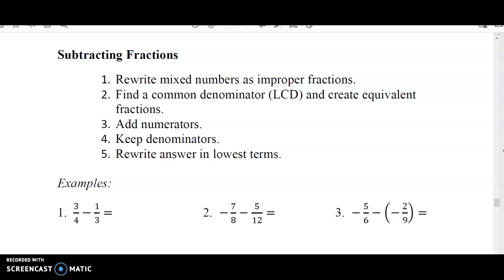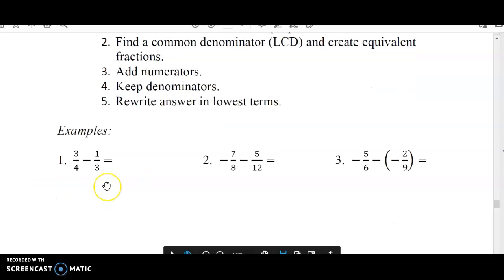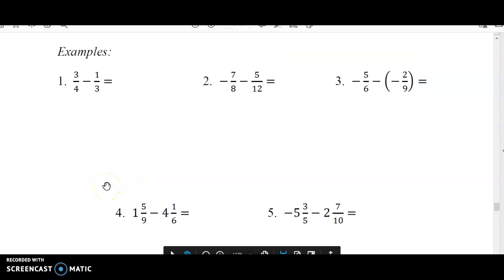So when you take a look at number 1, we see that we have 3/4 minus 1/3. You do not have your common denominator, so that's the first thing we have to make. In this instance, it's going to be 12. So I'm going to times this one by 3 and 3, and then this one by 4 and 4. So you're going to have 9/12